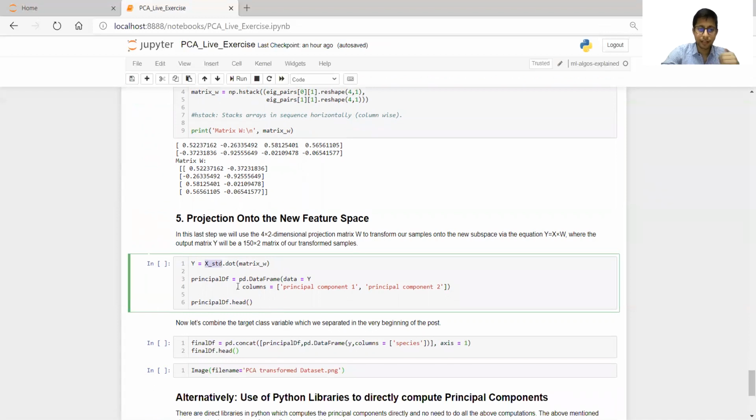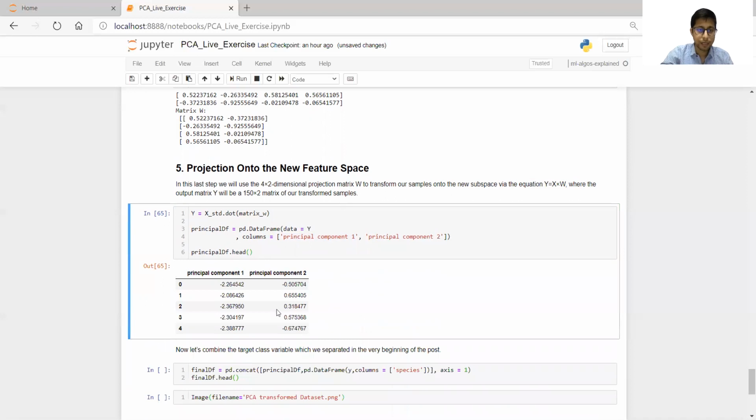Then we start calculating the principal components. We use pd, the pandas object: pd.DataFrame, data equals Y, and columns we specify, because we have decided to go with the top two principal components. So principal component 1, principal component 2; we can give any name. Now data is Y. If we print this, it will ultimately give us the principal components.